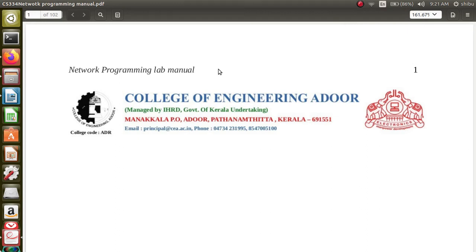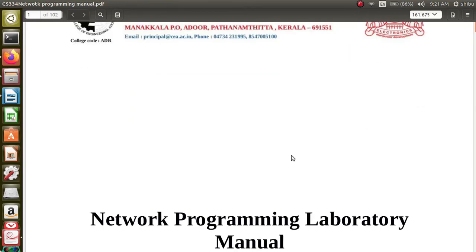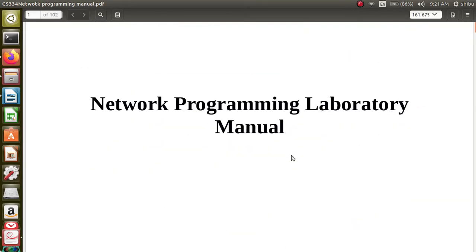Network programming exercises. Here we have a network programming lab manual, and in that manual we are going to discuss 19 experiments and the theory behind them, and the programming languages and how they can be used. Here, the network programming laboratory manual means that after learning this course